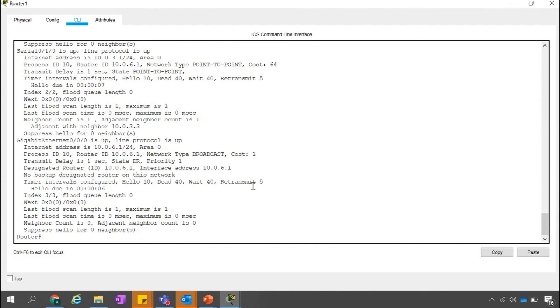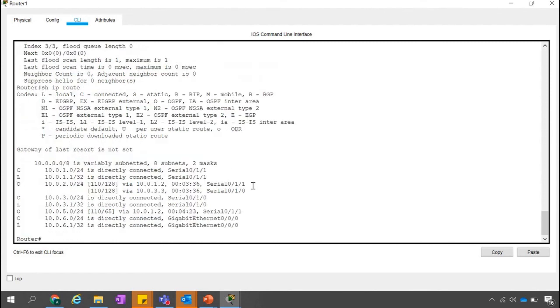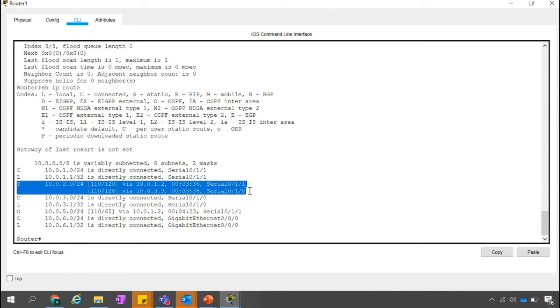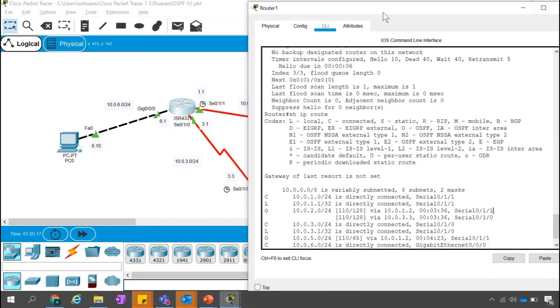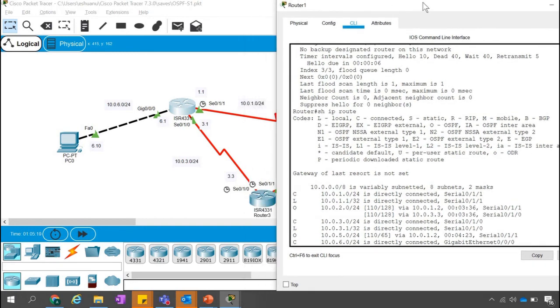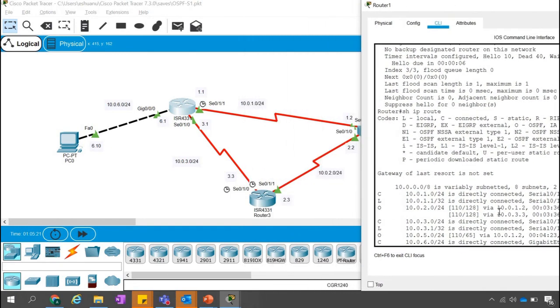And the most important part, you can check show ip route now. Whenever we see this information, O means that we have received this route via OSPF. So we see that we have two routes via OSPF, right? For the same destination 10.0.2.0, we can reach via 10.0.1.2, or we can reach via 10.0.3.3. So let's understand this concept. We can reach via 10.0.1.2, this path, or we can forward the packet to 10.0.3.3, means